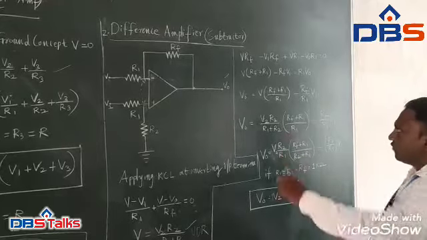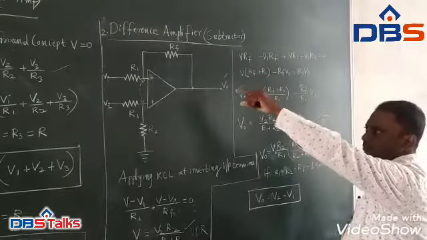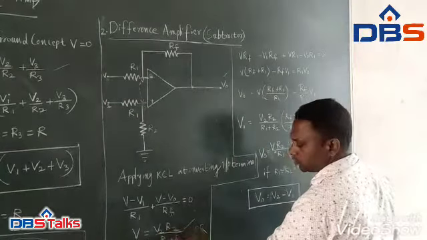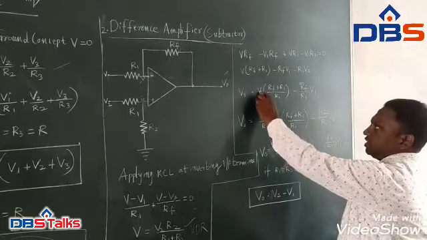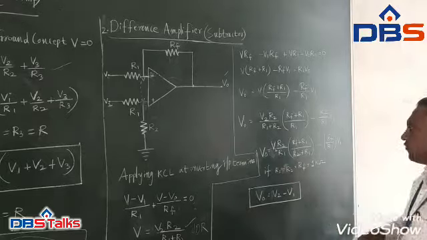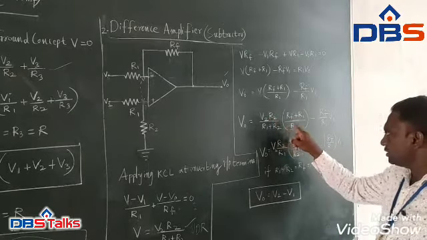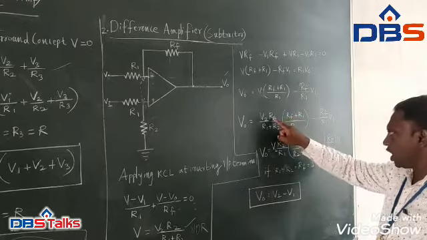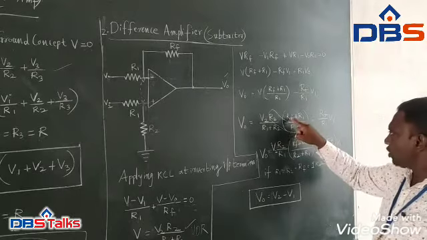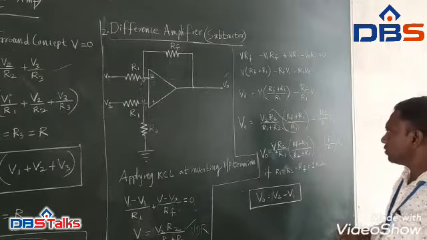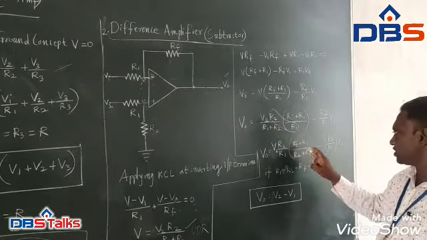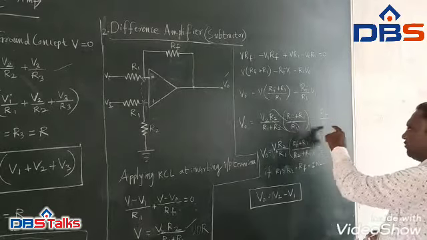Now, because we need the output voltage in terms of the input voltages V1 and V2, what is V? V is V2 into R2 by (R1 plus R2). Just substitute that. In the place of V, I am writing V2 into R2 by (R1 plus R2). And further if you simplify, V2 I am writing here, this R1 I am writing under R2, R2 by R1, I am taking these two. Okay, R2 by R1. So (RF plus R1) divided by (R2 plus R1) minus, as it is, RF divided by R1